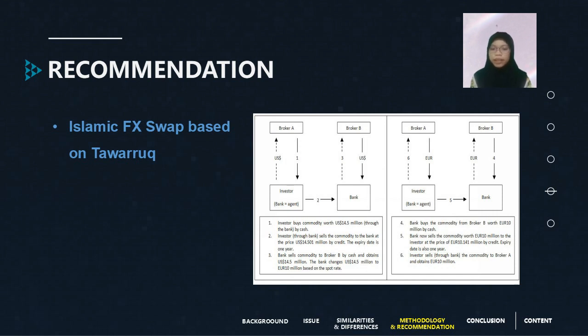The expiry date is 1 year. And third, the bank sells the commodity to broker B by cash and obtains $14.5 million. The bank changes $14.5 million to 10 million euro based on the spot rate. And fourth, the bank buys the commodity from broker B worth 10 million euro by cash. Bank now sells the commodity worth 10 million euro to the